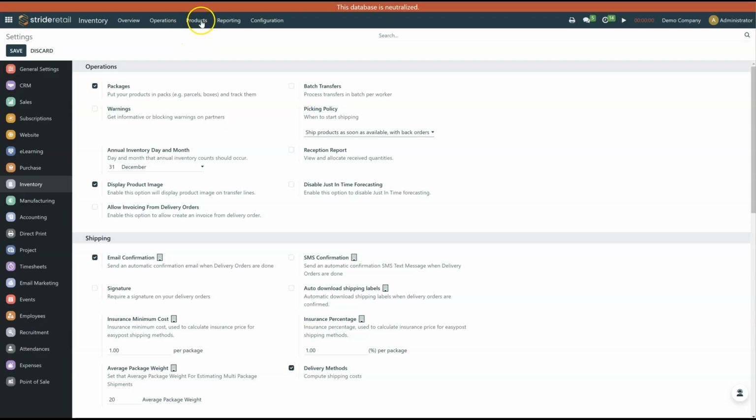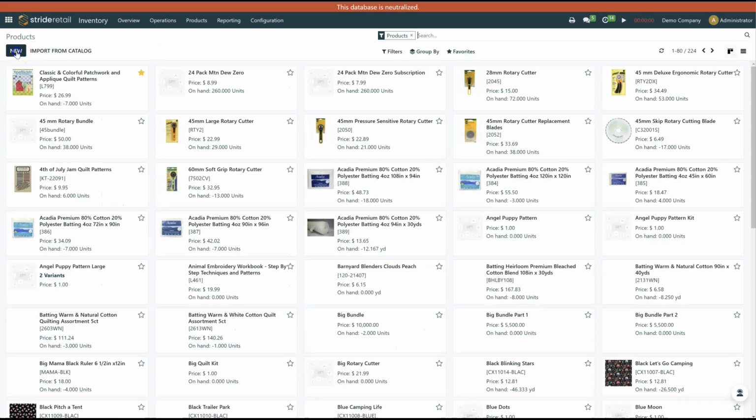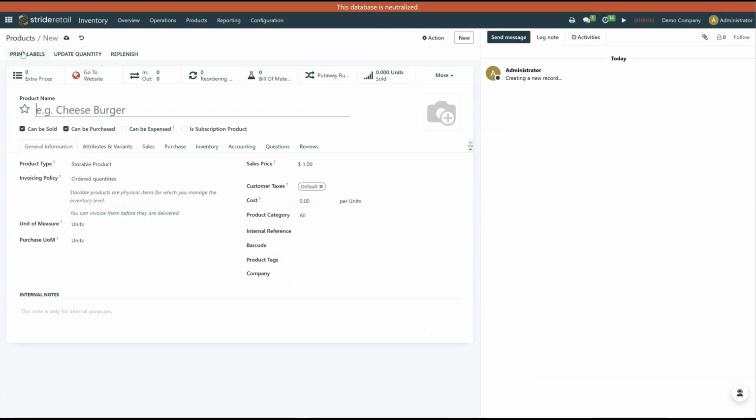Now that that's done, we're going to go to our product and products. And in this case, we're going to create a new product. You can also set this up with an existing product. We'll call it a dropship item, name it whatever. You'll have the same type of details as you normally would for configuration settings. Typically, you do want to make it as a storable product still,